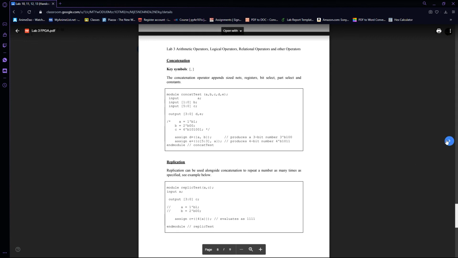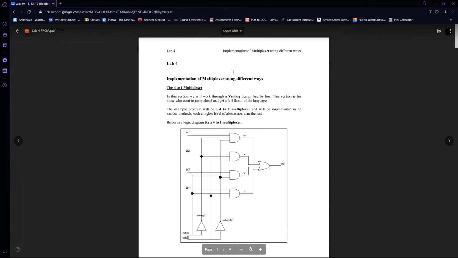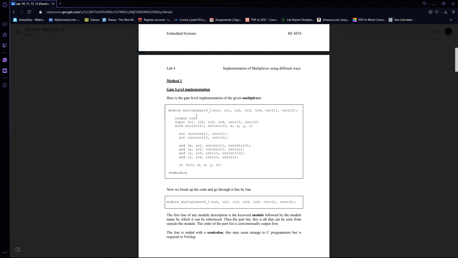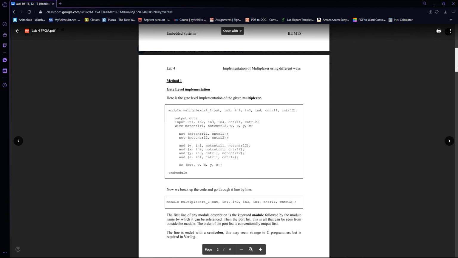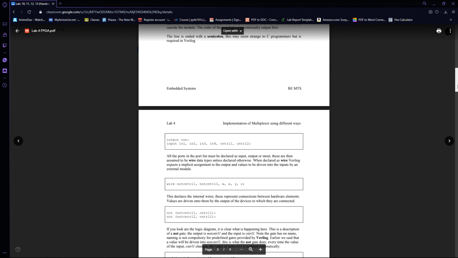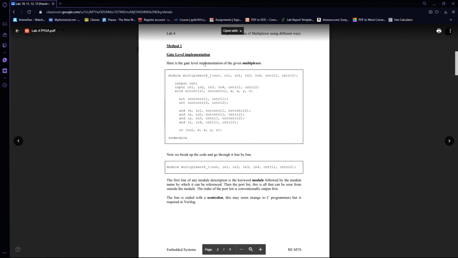Okay, now I will just move to the next one, which was about the multiplexer and implementation of a multiplexer using different methods. Actually, there are three different methods through which we can implement a multiplexer. As we all know what a multiplexer is. Okay, so we will just move towards method one, which is using gate level implementation, which means that we can implement a multiplexer using logical gates. Okay, which is quite interesting because a multiplexer is a very useful thing and it helps us a lot. So over here, as you can see, first of all what we have done is actually